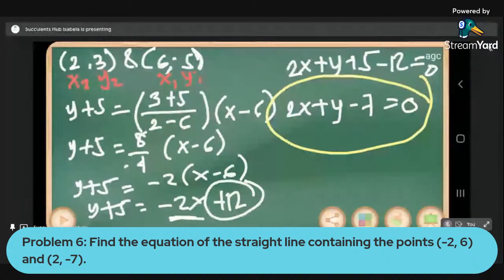Meron na bang sagot? Anyone who can give me the answer? This should be easy, ano? Kasi 2 points lang yung given natin dito. Okay, so